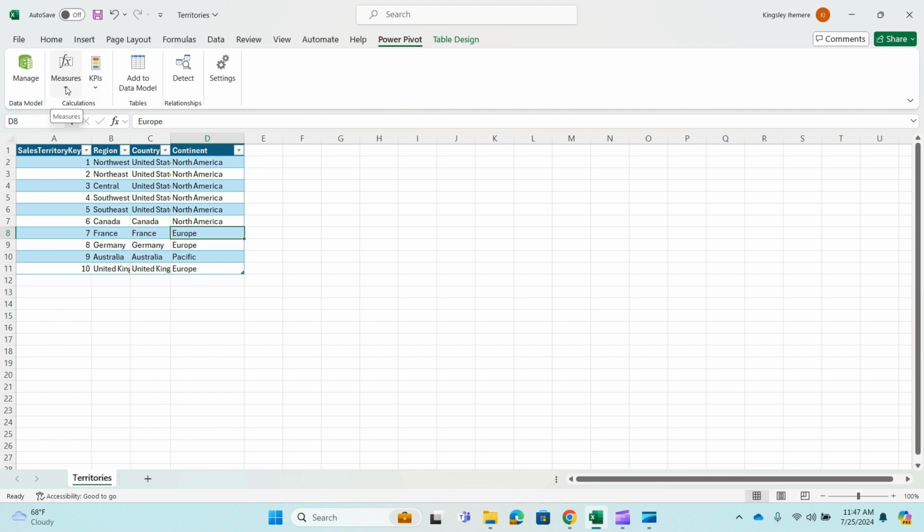When you are done creating a measure, you can then use the measure to create KPI. So you cannot create KPI without a measure. You use the measure to create your KPI. Okay, so after that,